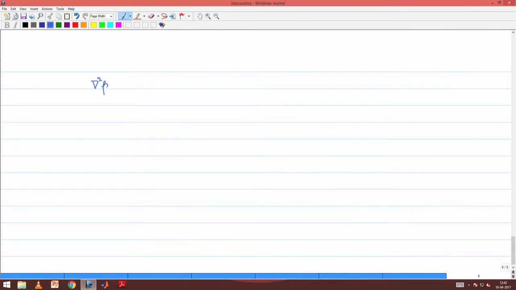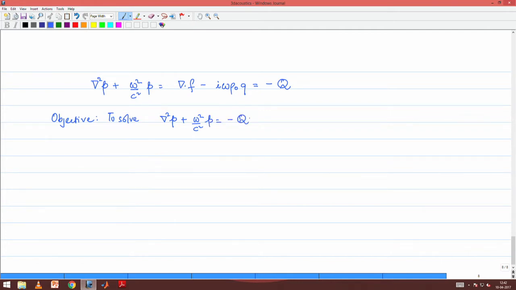So, del square p plus omega square by c square p equals del dot f minus i omega rho 0 q is the equation that we are looking to solve, and just to shorten our notation we will call this entire term minus capital Q. Okay. So, the objective will be to solve del square p plus omega square by c square p equals minus capital Q, which in general